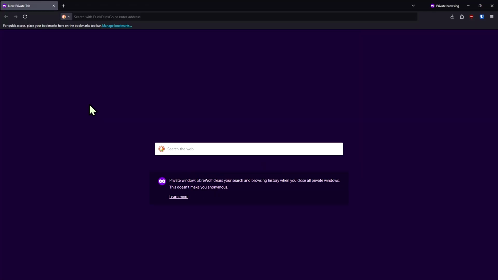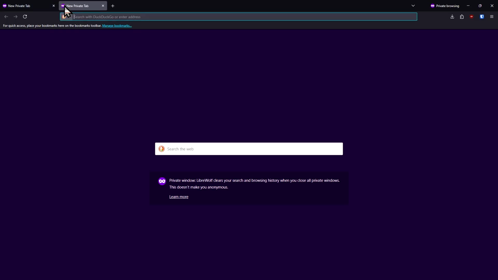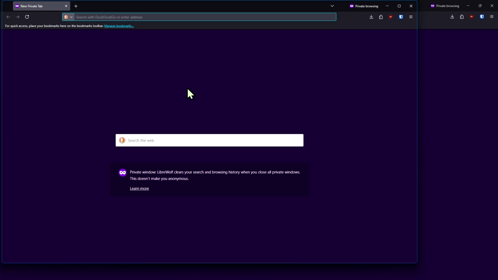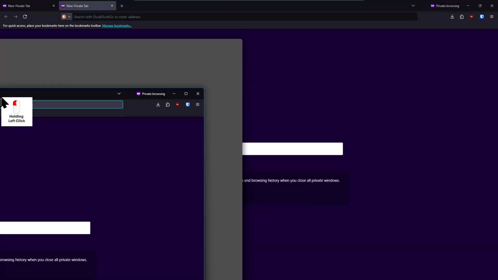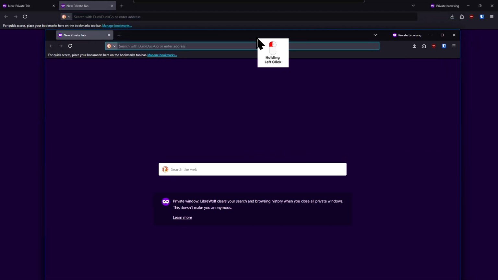I think a good way to understand how panels work is just going into your favorite web browser, because panels work very similarly to browser tabs, in that you can have one open or you can have more than one tab open. You can drag out one of these tabs. You can dock them to the right or to the left or anywhere in your screen.